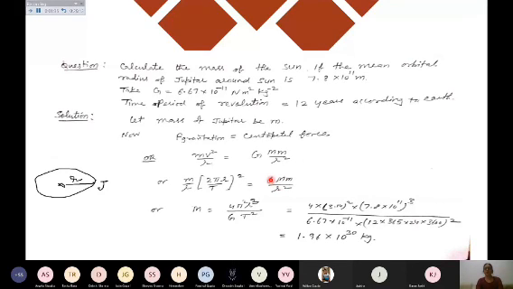So you have to write this and then you will be able to calculate the things. Small m gets cancelled on both the sides and you will be able to get capital M. In these questions, of course, you have to work out the mathematics, you have to solve these values. You are getting the answer 1.9 into 10 to the power 30 kilogram. So these are the methods by which we are estimating the mass of the Sun by knowing the distances and all other things. So of course, more numericals you can work out.